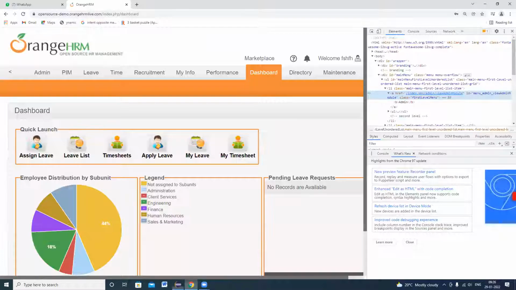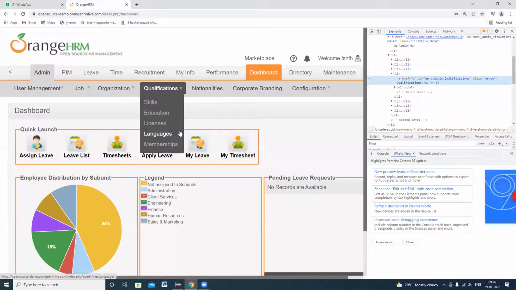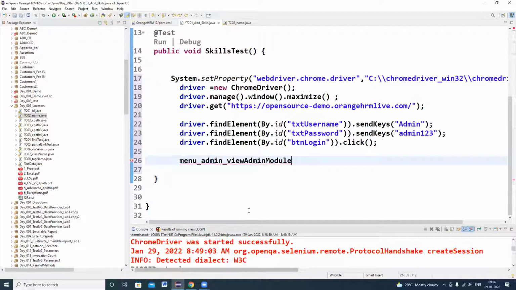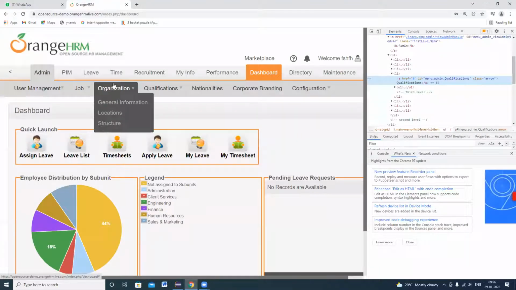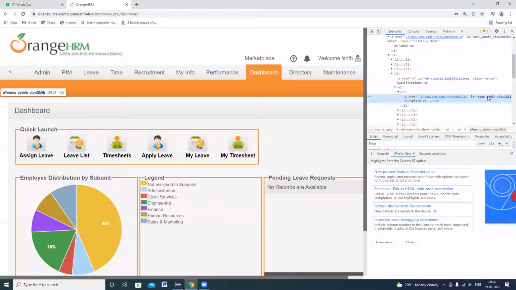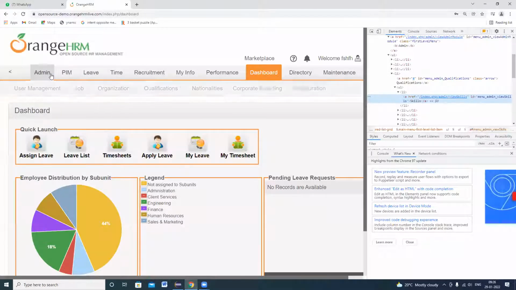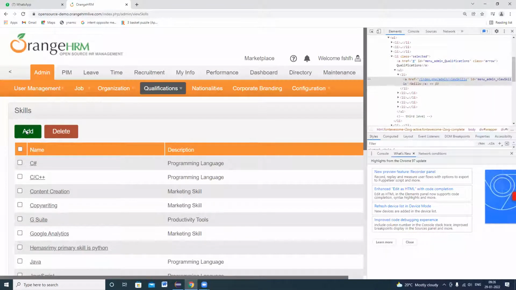Admin. And after that, under admin, I have to navigate to qualifications. Let me inspect qualifications, the ID, this one. After qualifications, I want to click on skills. After clicking here, I have to click on the add button.